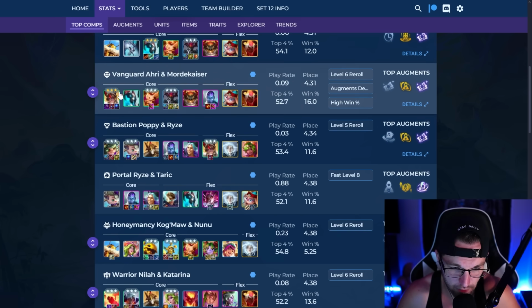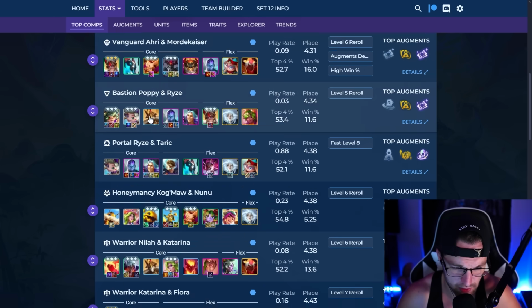This is a Vanguard variant of Ahri. This build is not nearly as good. Probably don't play this variant. Next up,